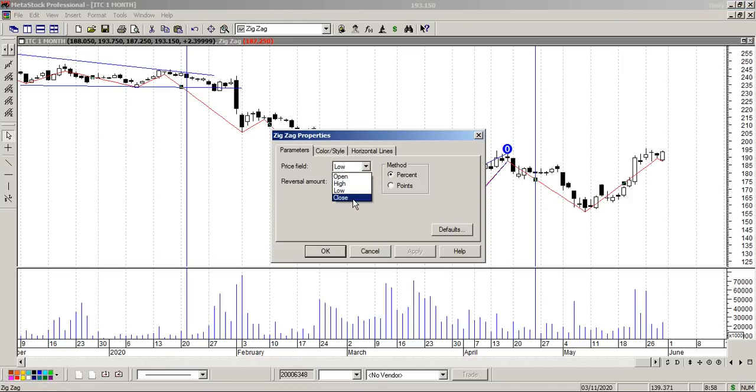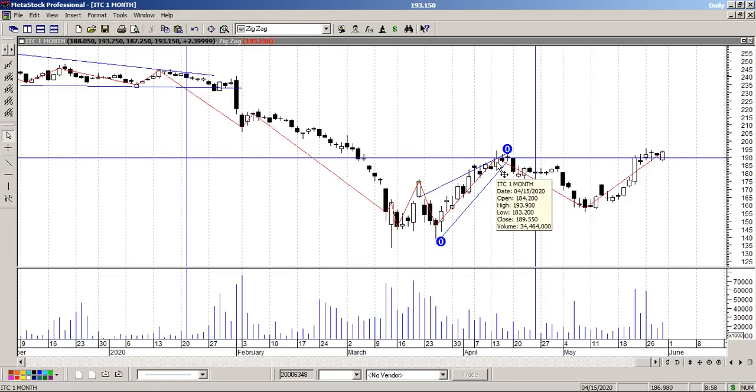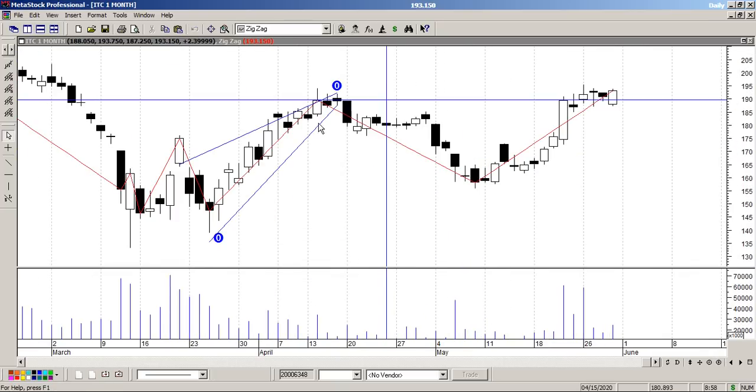Yeah. Now we have a series of higher highs and higher lows, correct? So now if I am looking at ITC, I need to buy above these highs. What was this high? This bar's close was 189.55. Now there's a very interesting thing going on out here. See this particular point. This bar had a high of 193.90, a low of 183.20, closing of 189.55. Next bar low is 187.40. Third bar low is 189.10. Never closed above 190, correct?